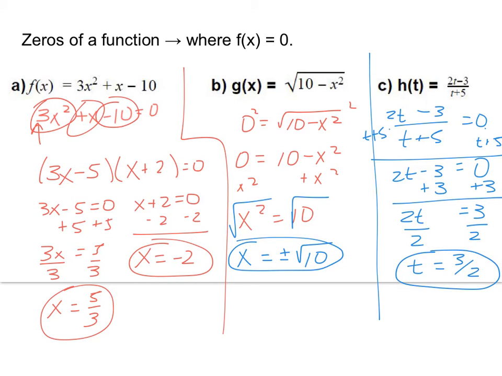And so these are going to be the zeros of a function where f of x is equal to 0. So I literally set my f of x or g of x or h of t, any of that with the parentheses, that notation, is going to be equal to 0. And this is what we've been doing all along to set functions equal to 0. Okay? Now,